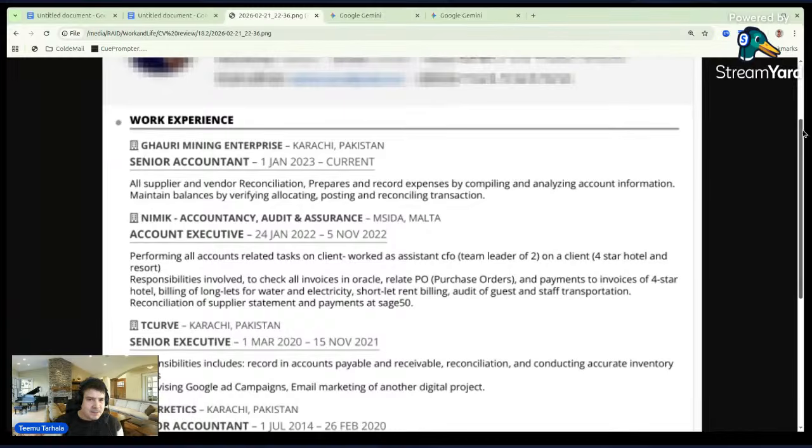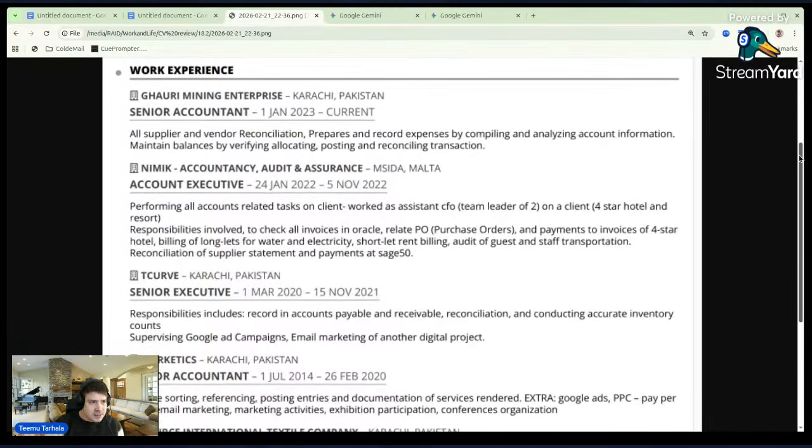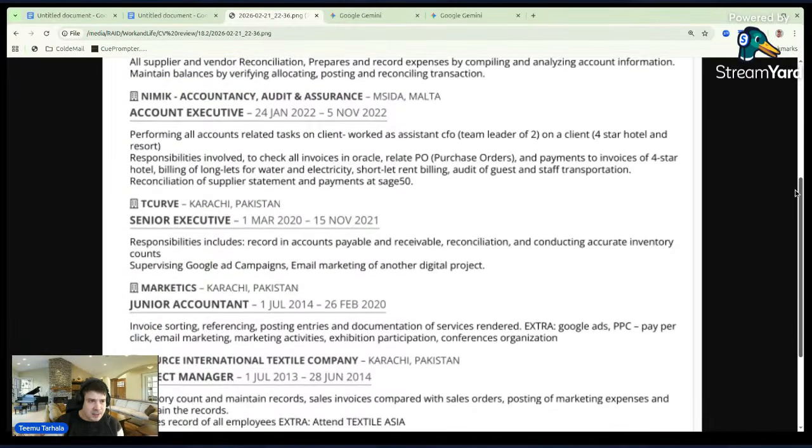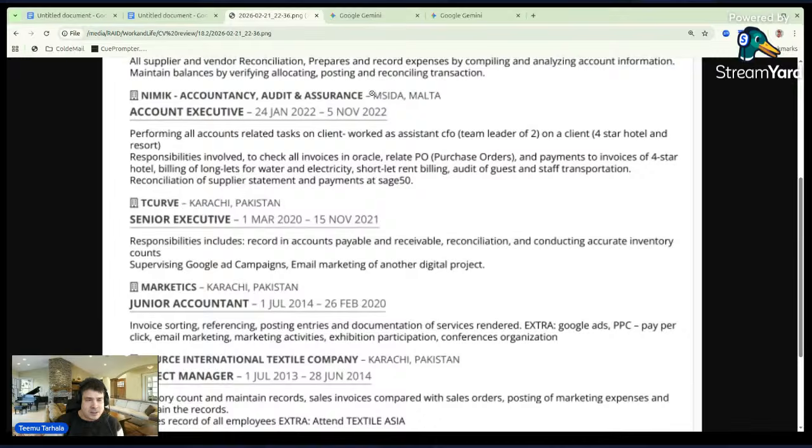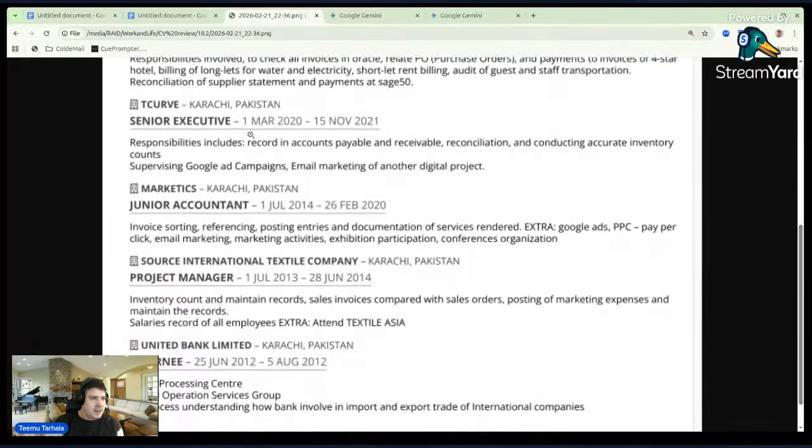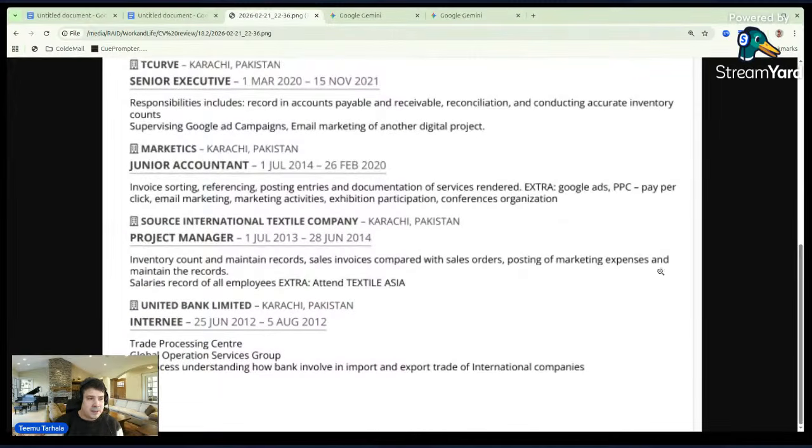In this case, work experience, senior accountant, then again just the country, position, time frame, company, and then another company. The last one is United Bank Limited.